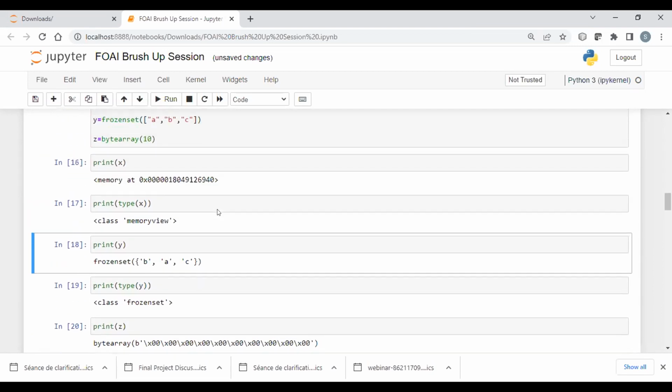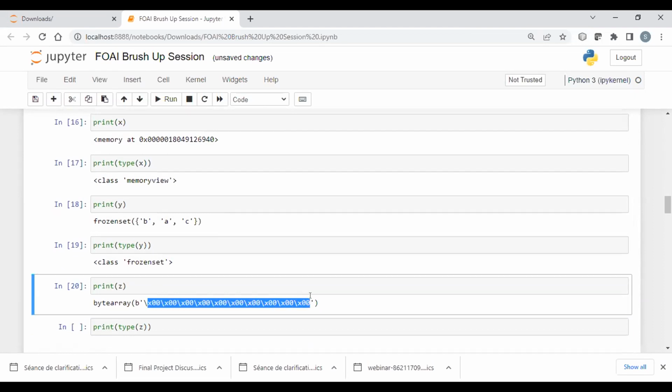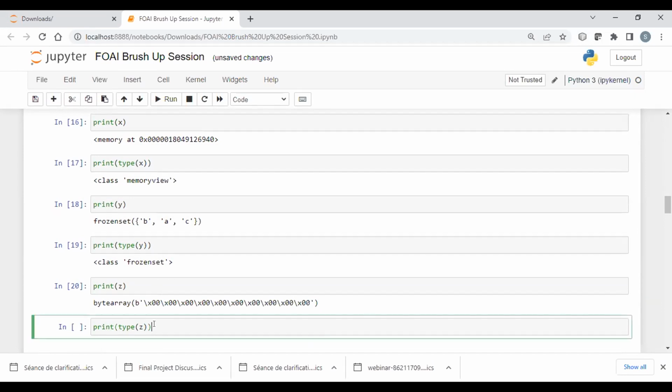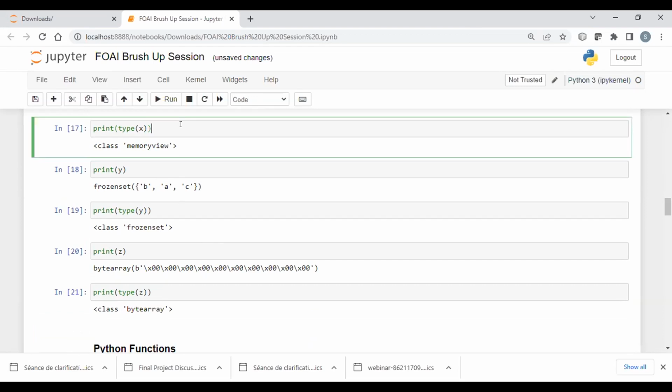So if you see that we provided a length of 10, it has provided us 10 bytes. If you can count, there are 10 different bytes that have been created here. And when I check the type of this, it comes as bytearray. So these are three inbuilt functions in Python, and these are generally used in case you want to check at what memory an element is pointing, and how many bytes that element is taking within the system when you're creating different objects using these functions.